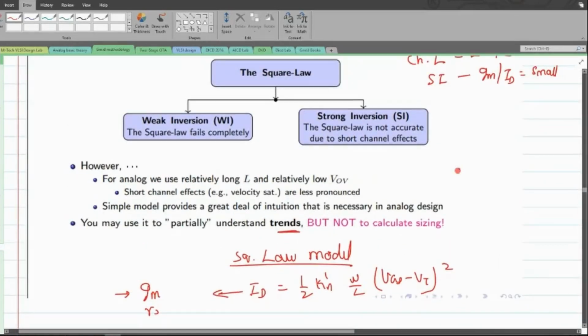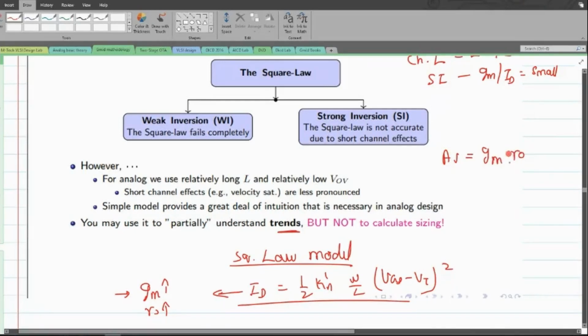Okay, so say for example, you are being asked to increase the gain of a system, the gain of an amplifier. Without this simple model, I will not know what I am supposed to increase. Should I go for increasing the value of GM or increasing the value of R naught? That is not sure, right? Because it is through this model that I know the gain can be written as the product of GM times R out.